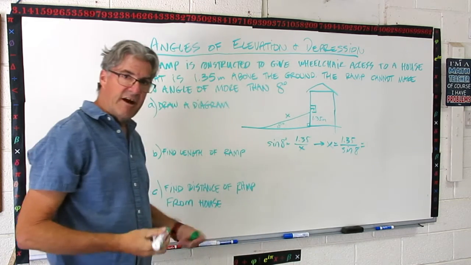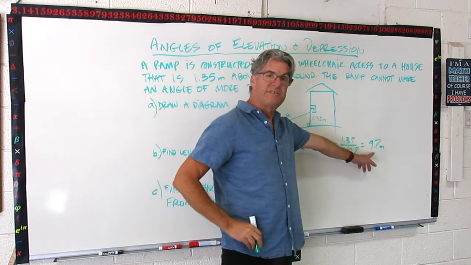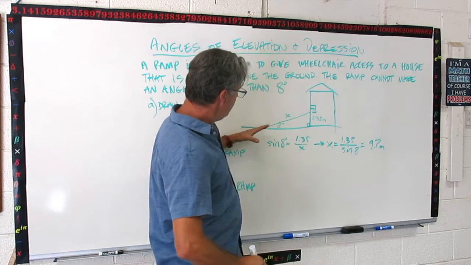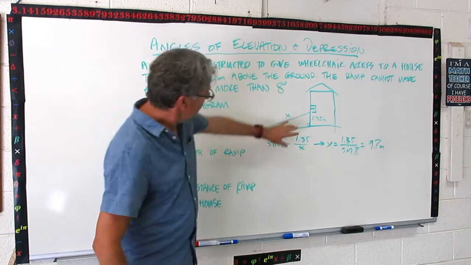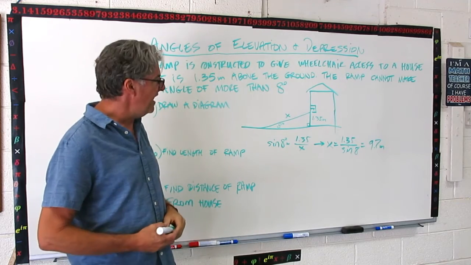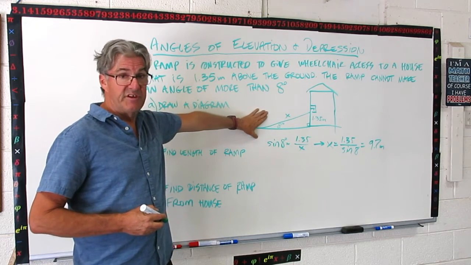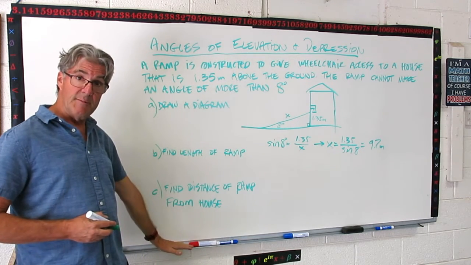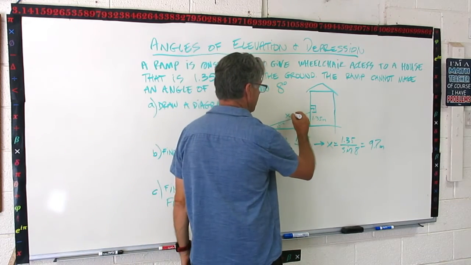Now let's get the calculator out and find out what that is. Okay, I punched it out, and I got 9.7 meters for the length of the ramp. Now does that make sense? Yeah, looks pretty good. If this is 1.35, this could be 9. That's cool, I like that. Now, when you find something out about a situation with a diagram, and you're going to go on and do other problems, it's a good idea to mark your new value on here. So I'm going to go equals